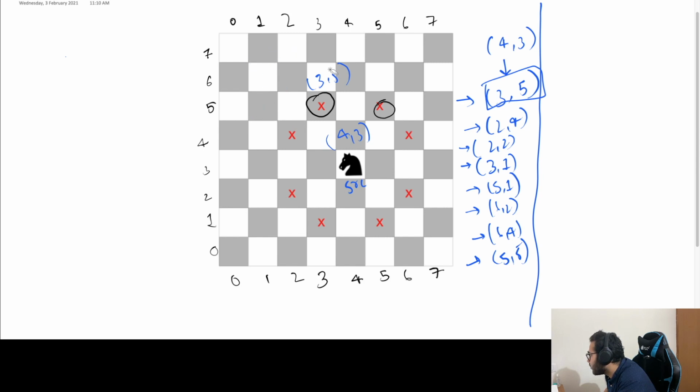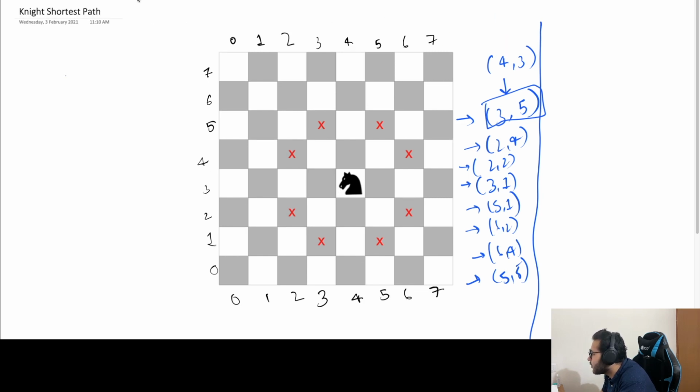So I'm just gonna erase this quickly, and we'll have, okay, so this is our destination, which is 1 comma 6. This is 4 comma 3. So 3 comma 5, which is here, the knight can go to this, right? Or knight can go to this, knight can go to this, or knight can go to this. So from 3 comma 5, let's see what are places we can go.